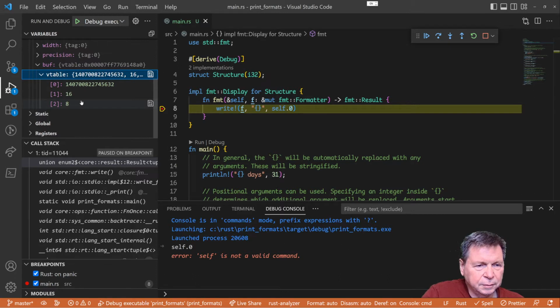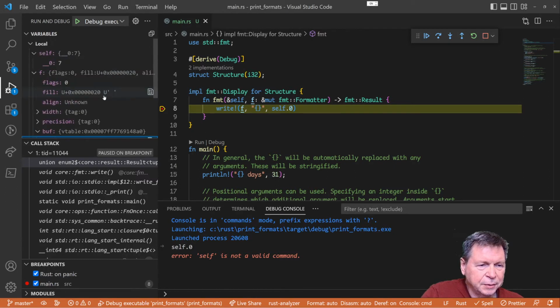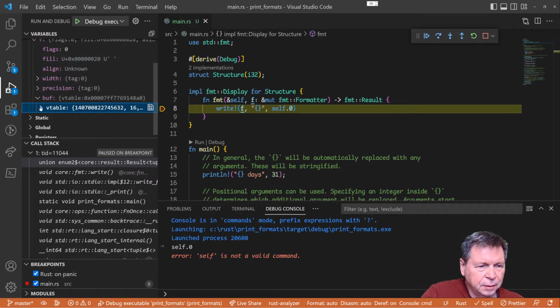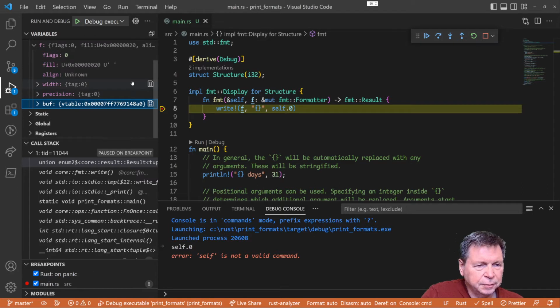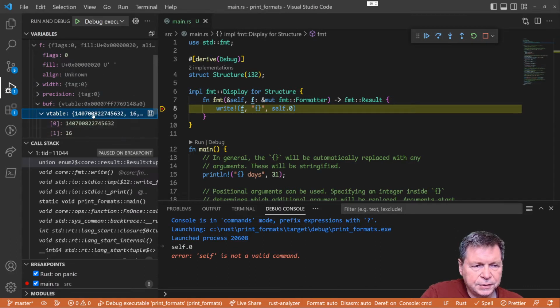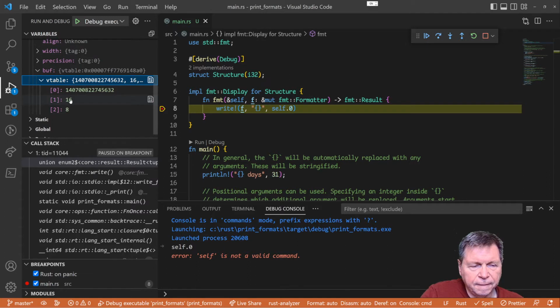Yeah, it would appear to be some kind of, I wonder what that means. 8 and 16. Interesting. Anyway, so yeah, there's a V table, some kind of virtual table, some kind of pointer calculation going on, pointer into memory, I would assume. And maybe this is telling me the location,